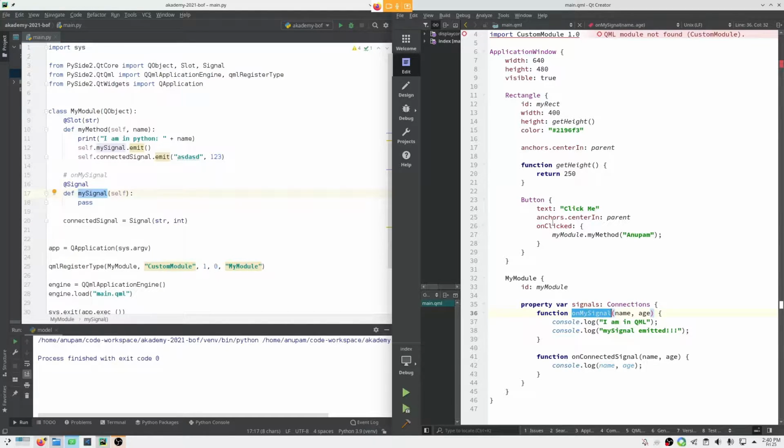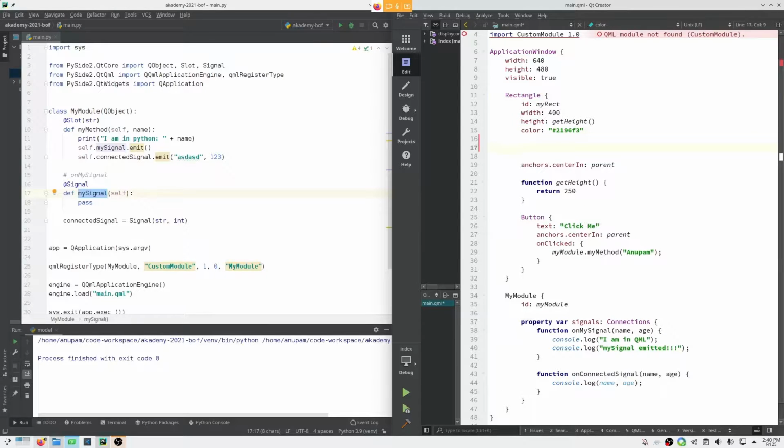In the same way, any property in QML has a corresponding signal which you can listen to so that you can do something when the property value changes. For example, let's say we have a predefined property called height of a rectangle.